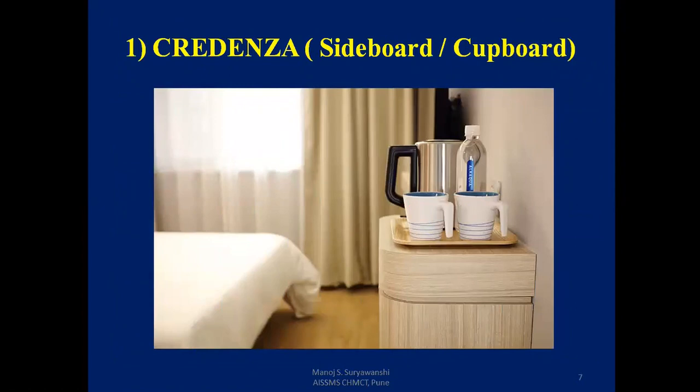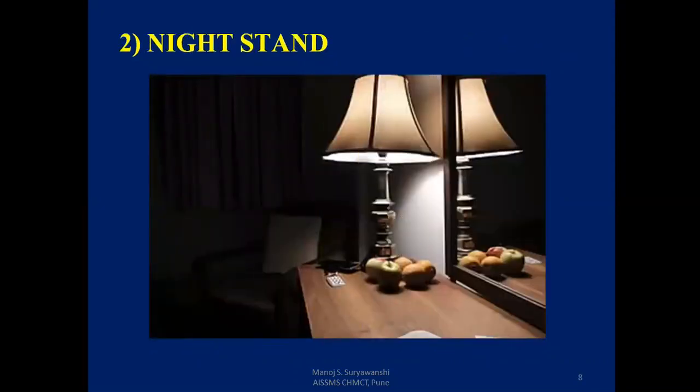So we can see that a lot of dust may accumulate on the sideboard or a cupboard. It should be treated properly by the guest room attendant and cleaned on a regular basis so that the chances of accumulation of dust go down. Second is nightstand. There are various lights, fixtures and fittings in the guest rooms. So there are more chances to accumulate dust inside the night lamp or the stand. So more focus should be paid on these areas.